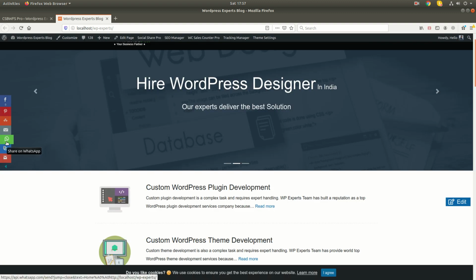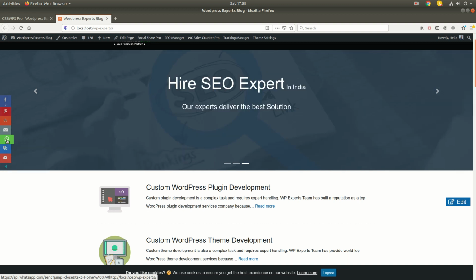So we have given the WhatsApp button here. This button will basically work only when you browse the site from your mobile. As you know, WhatsApp is a social app, so it will work only when you visit your site from your mobile.